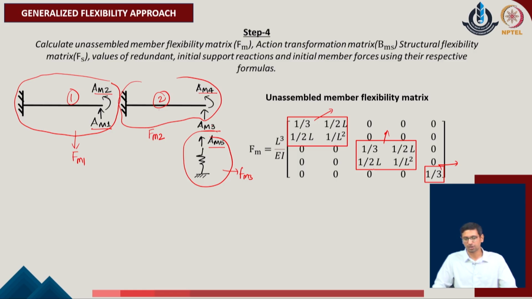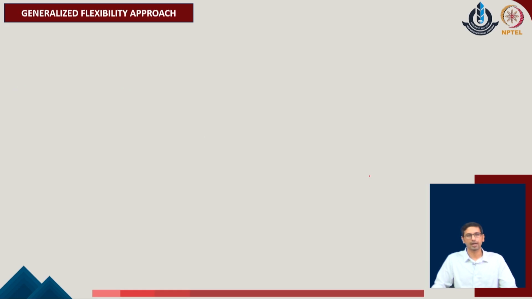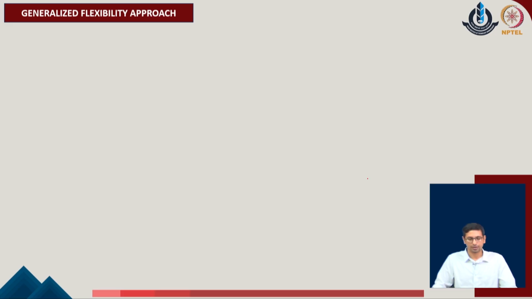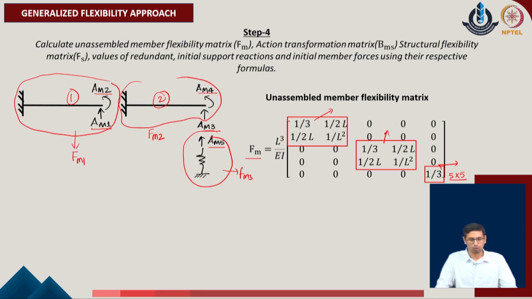And that brings us to say that F of m, the unassembled flexibility matrix, is a 5 cross 5 matrix of the given system. By knowing these parameters, we can now move ahead and identify the action transformation matrix of the given system. As the procedure says, the overall system, which is broken into these three sub members, is initially defined with respect to this kind of a condition,